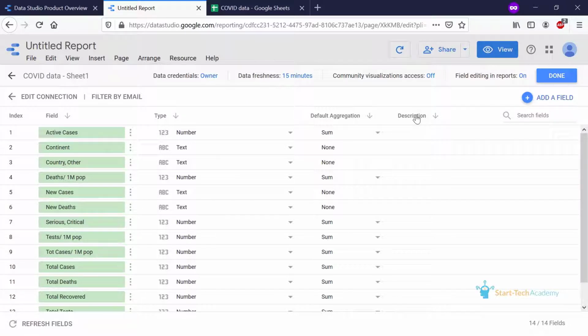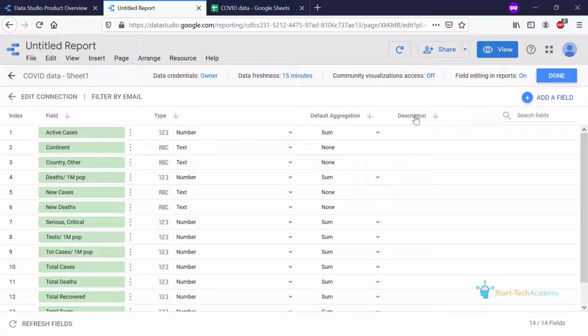Now this is what our data source looks like. It has automatically identified the variables or the fields from our data. Not just the field name, but also the field type, whether it is a text or a number or a date, etc. This is why I want you to always look at the data source. Since Data Studio automatically identifies all these things, it sometimes makes a mistake in judging it correctly. So you need to see that all the variables are included, their names are correct, and their type is correct.